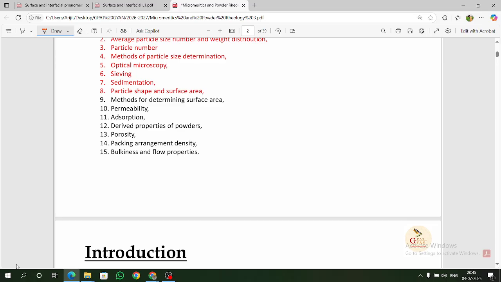I am telling you a few points about where questions have previously come from, so we have to be more focused on these particular things. Just write it down. All the things I have discussed, but the little bit important areas, that's why I'm saying just write it down. Like determining the surface area,